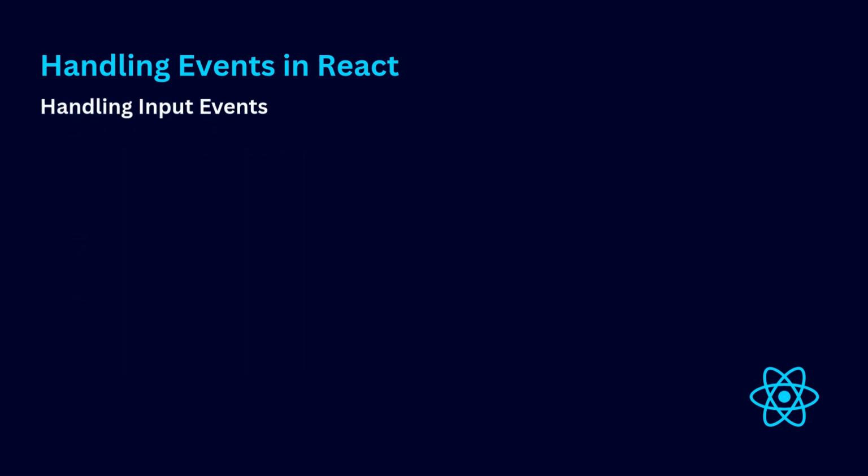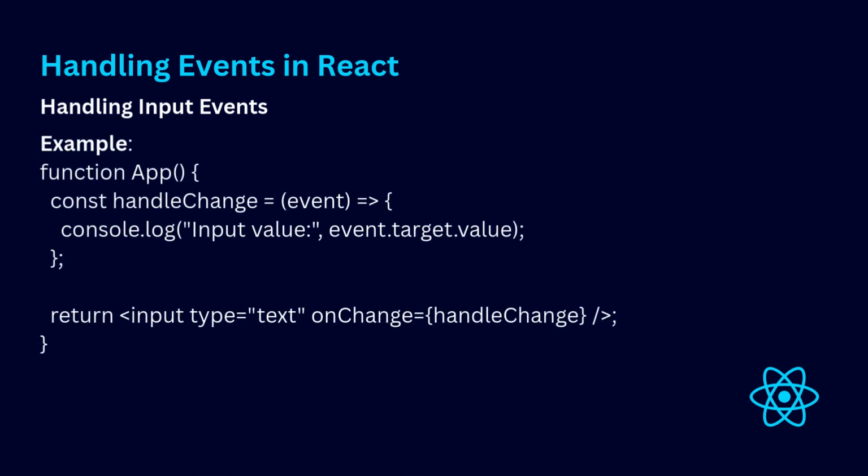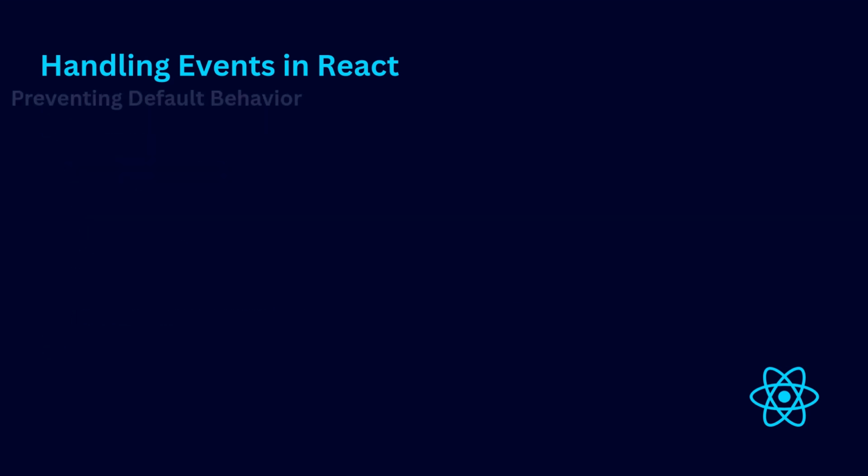You can also handle events from input fields. Here is how to capture what the user types. function handleChange(event) { console.log(event.target.value) } <input type="text" onChange={handleChange} />. React gives you access to the event object so you can get the value of the input or stop the